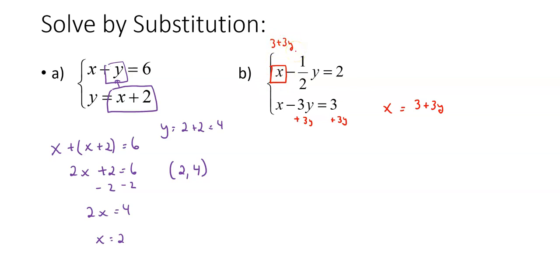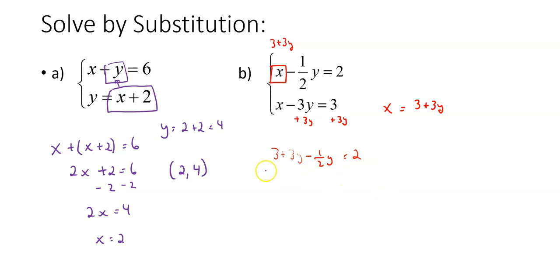So my goal is to solve for one of the variables, and then substitute. Now I could have done the other one too. The only thing is I would have gotten y equals negative x over 3, and now I'd be introducing even more fractions. So doing it this way reduces the number of fractions. Not completely, but a little bit. So the x is replaced by a 3 plus 3y. So let's write a 3 plus 3y, and then minus 1 half y